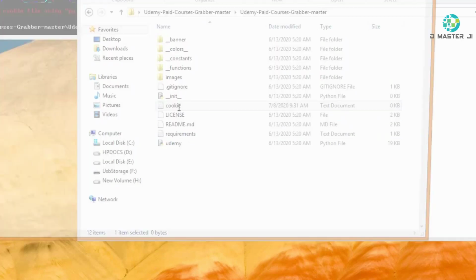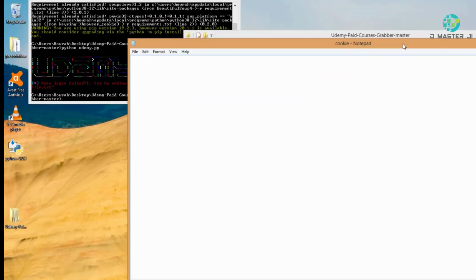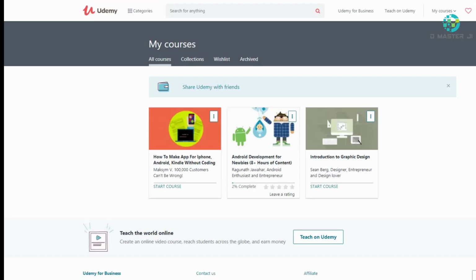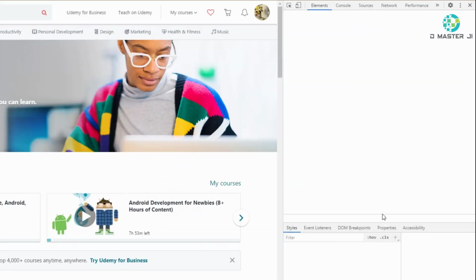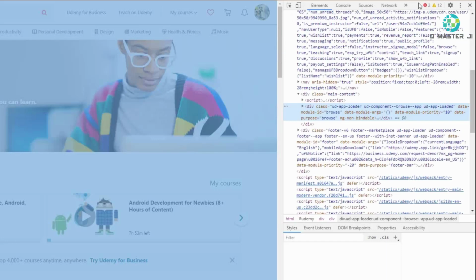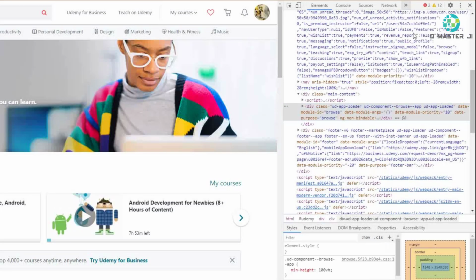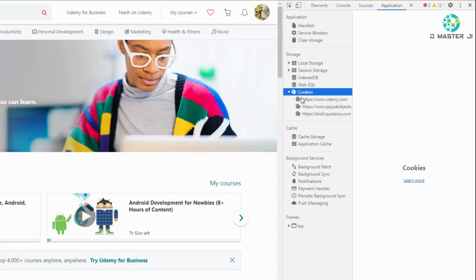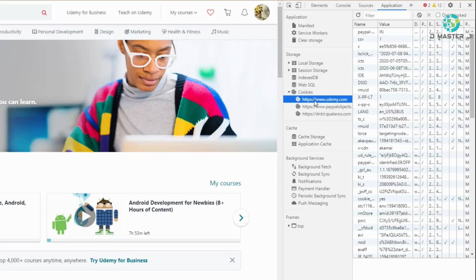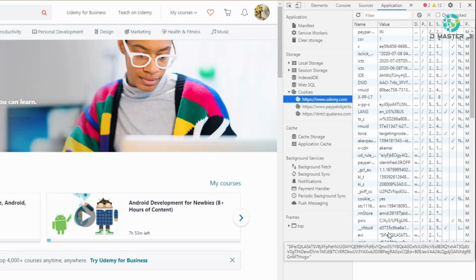Now open this file and minimize it, and from the taskbar open Chrome back and just right click on the main home page and click on inspect, and here you will find the options showing. From the network option, click on application and then go for cookies, and here you will find the udemy.com website. Click on that and find the value of access token and client ID.